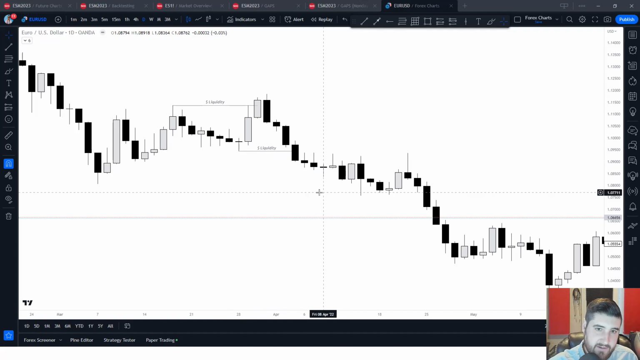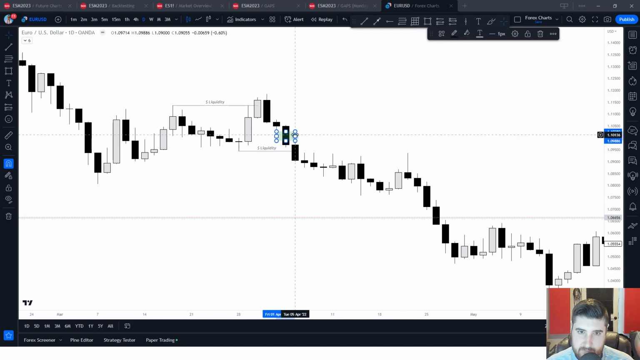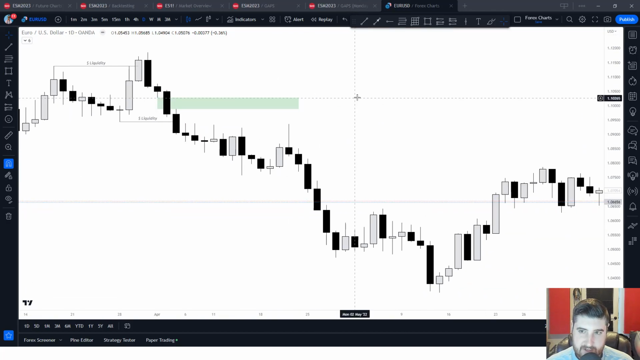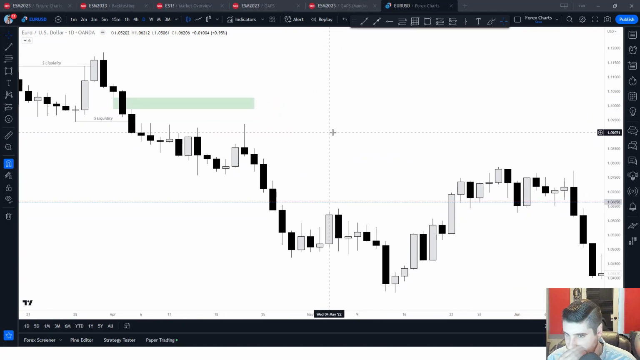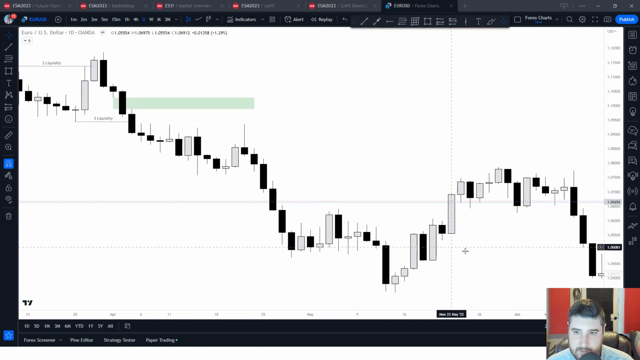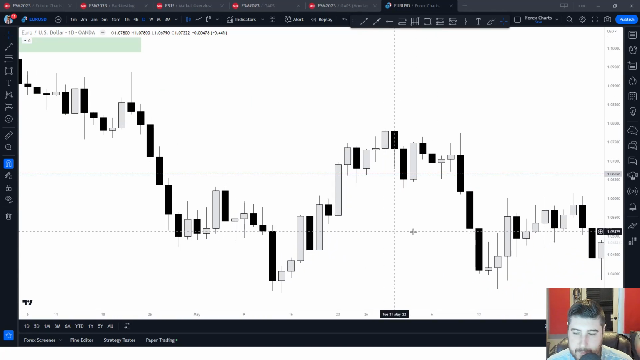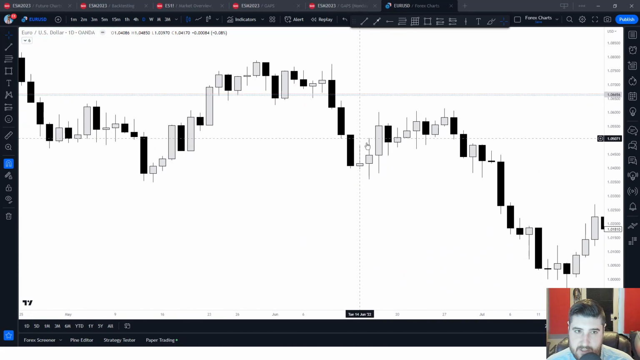Then we have the fair value gaps. And something like that is this one right here, although this one never came into play. Another example of one would be, here's a good one right here. So price went up,